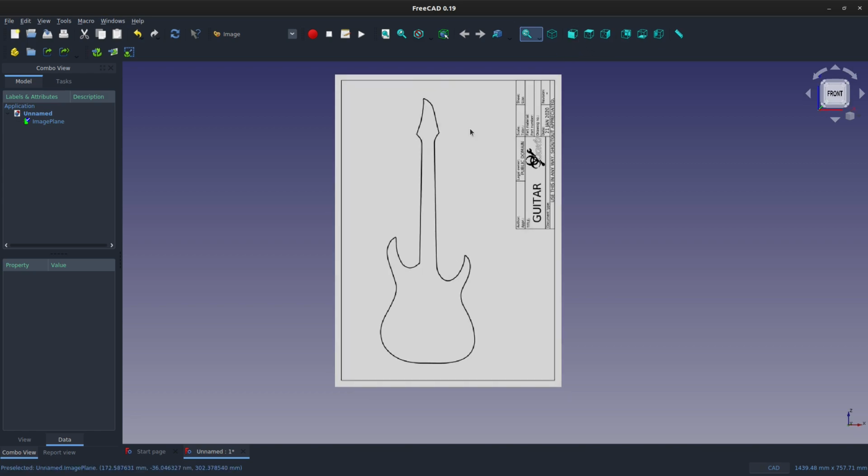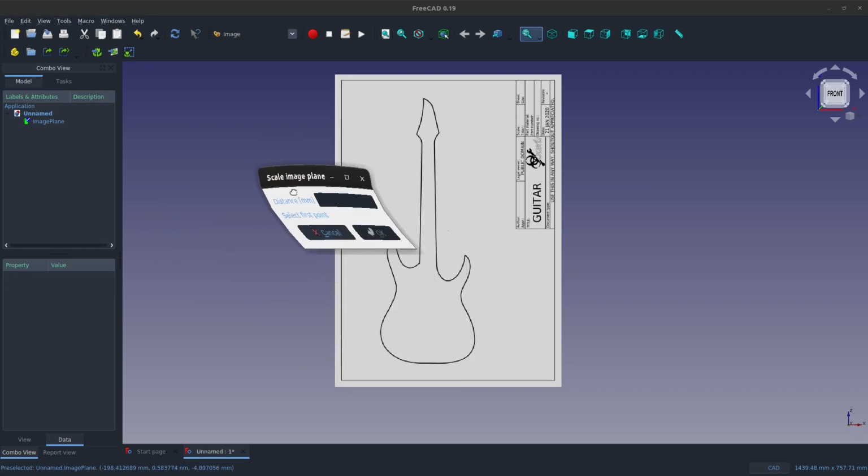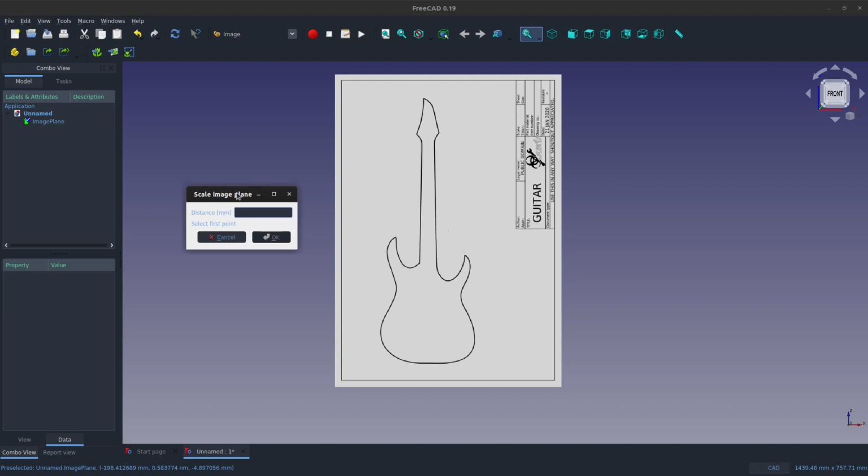I'll adjust my view to view straight from the front on, and now we can choose this scales an image, and this little box comes up. Notice I've got my wobbly windows back because I changed my version of Ubuntu to 20.04, and I'm still pretty happy about it. So let's say that we have a known dimension,